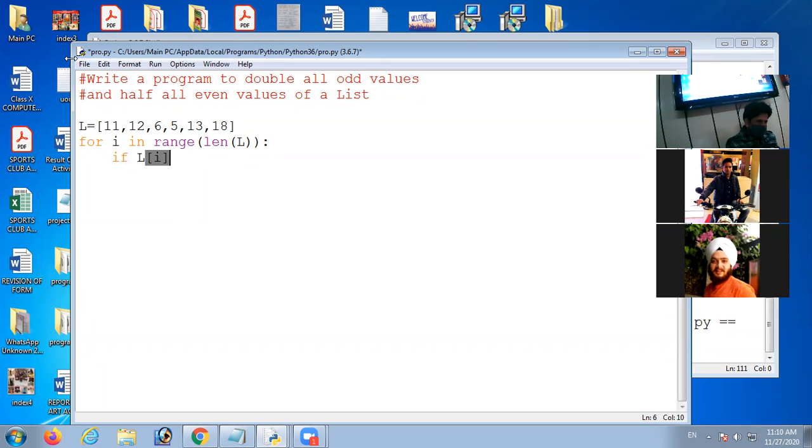L[i] percentage 2 double equal to 0. It means the number is divisible by 2, it means it is an even number. In that case I will have to change the value. Then I take L[i], so L[i] is the element value, divide equal to 2, it means the element value will be divided by 2. Then I use else, then colon, I use